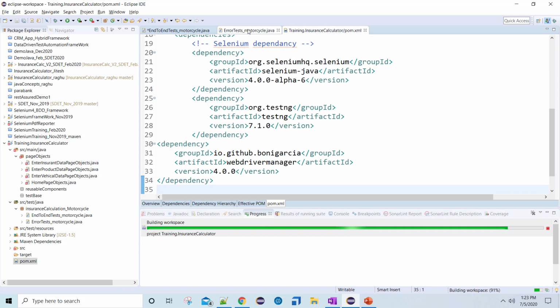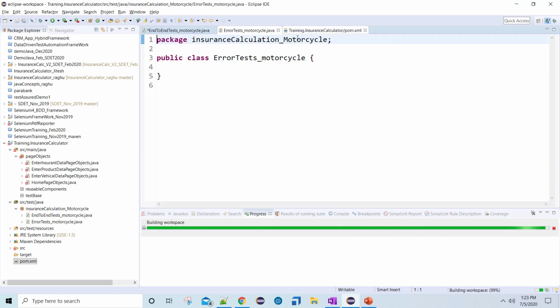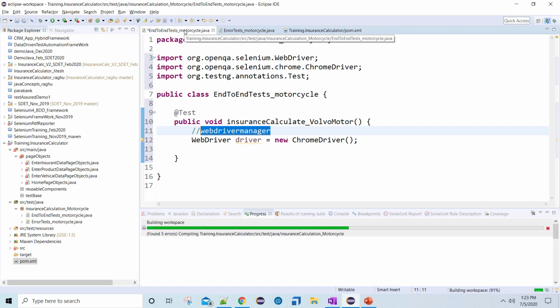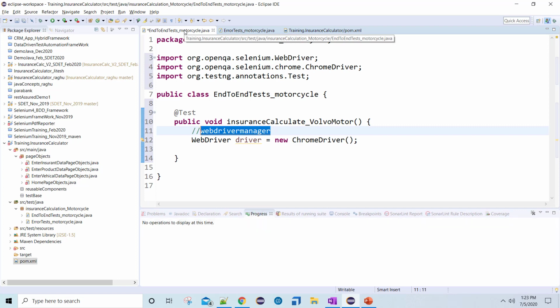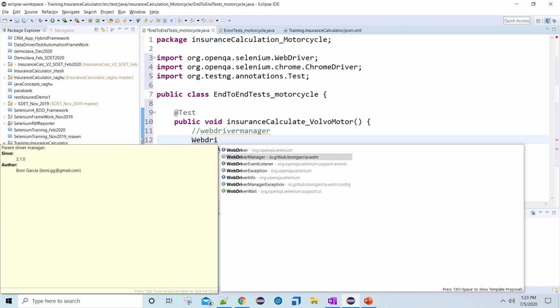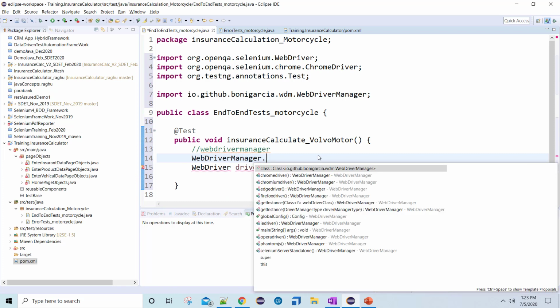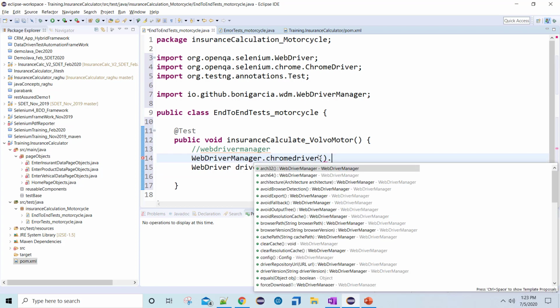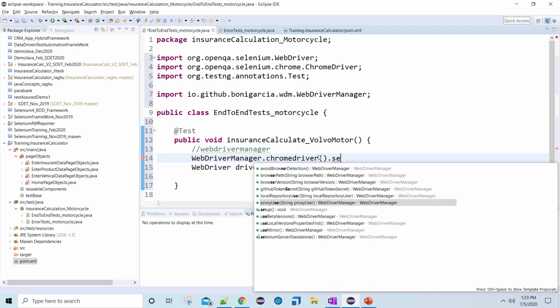Now, if your question is why we are taking this WebDriver Manager, it is because I don't want to add the driver executable manually by doing System.setProperty, then download the chromedriver.exe or geckodriver.exe and set the system path. I don't want to do that manually. So I will use something called WebDriver Manager. If I type WebDriverManager, I get the suggestion coming from the package io.github.bonigarcia.wdm, and under this I have multiple drivers. In my case I am using chromedriver().setup(), simply the setup method, that will work.